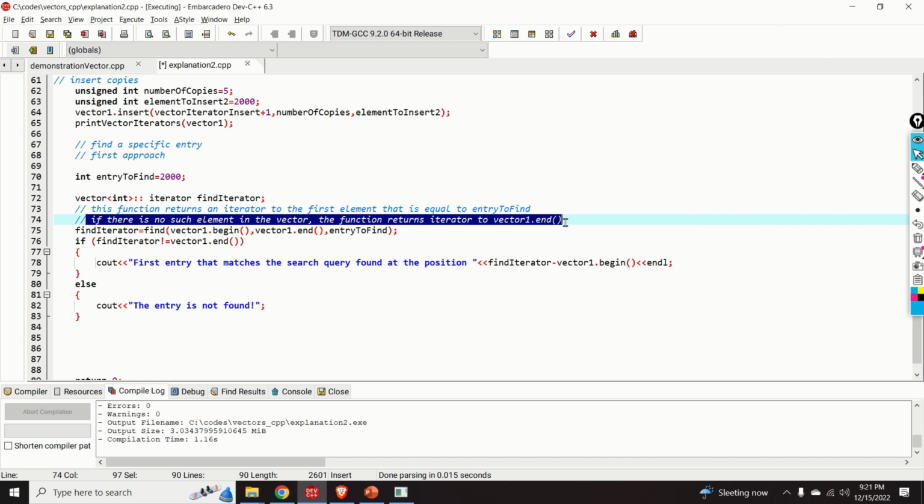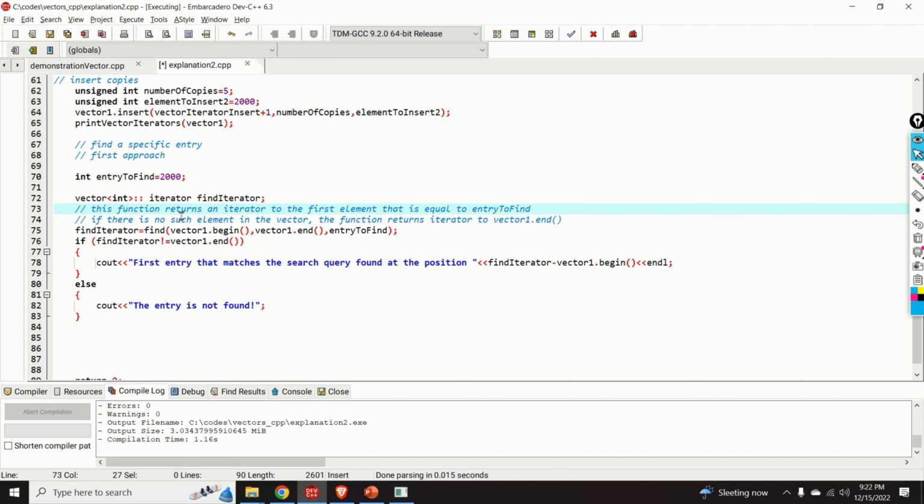So, if the specific entry that we want to find exists in the vector, this function will return an iterator to the first element that is equal to the entry that we want to find. On the other hand, if the entry does not exist in our vector, then this function will return an iterator